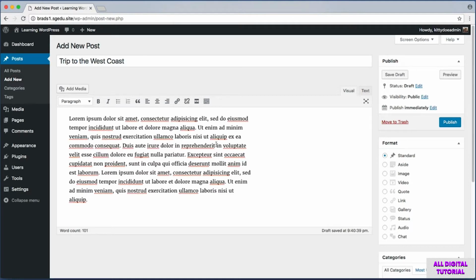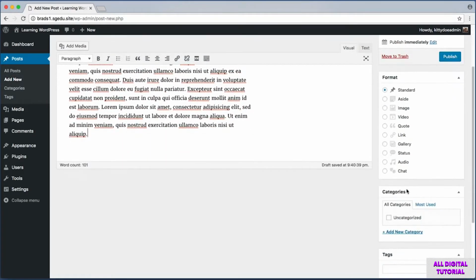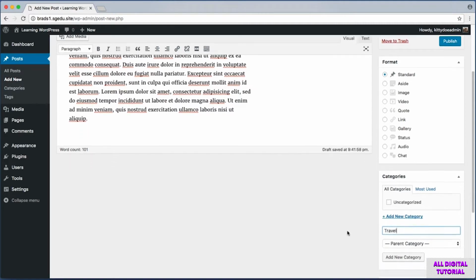And now here is the important part. Over in the right-hand column, if we scroll down a little bit, notice this box named Categories. As of this moment, I don't have any categories. So you can see that the only box I have here to check is something called Uncategorized. So what I can do is use this Add New Category link. If I click this, Add New Category, now I have this empty text field, and I'm just going to type Travel, and then scroll down a little bit, and now I can click this Add New Category button.